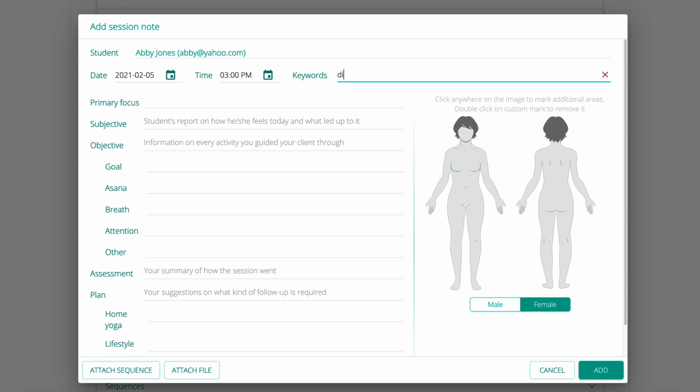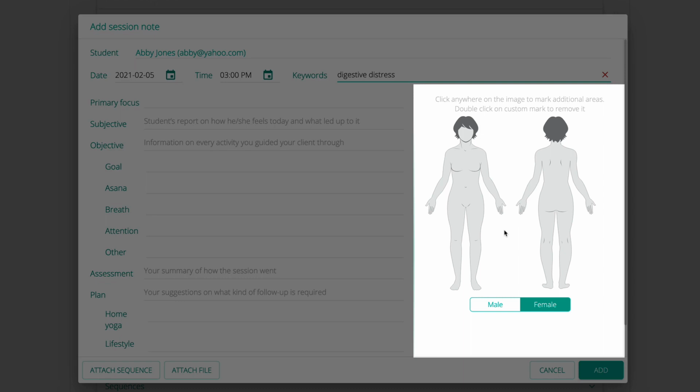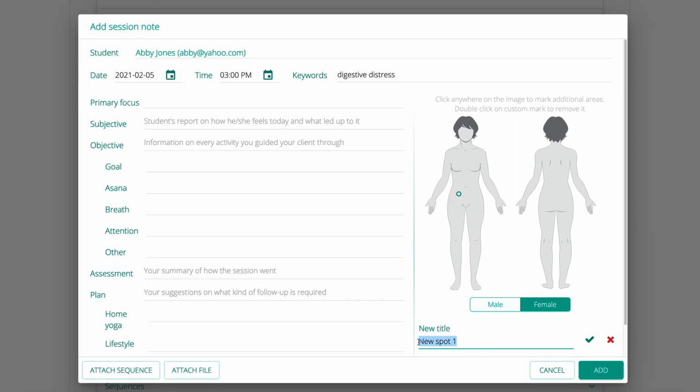And let's put digestive distress. Let's say this is what we worked on with Abby. So you can begin your session by marking the part of the body that was your primary focus for that session. You can use our visual tagging system to do that. For example, if Abby had complained about discomfort on the right side of her lower abdomen, you can tag it there,